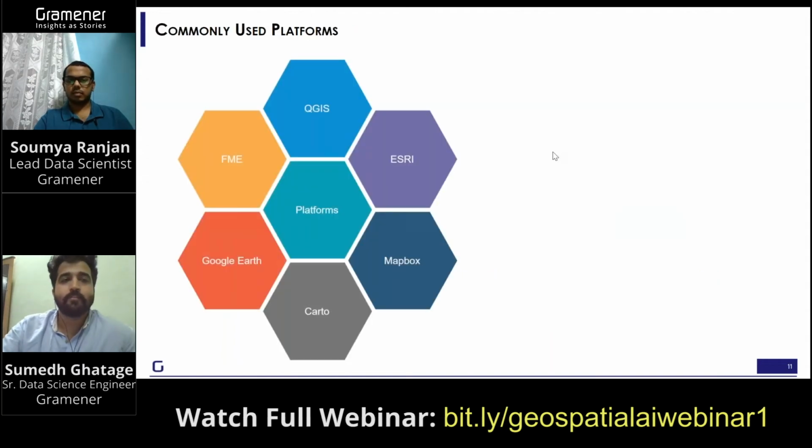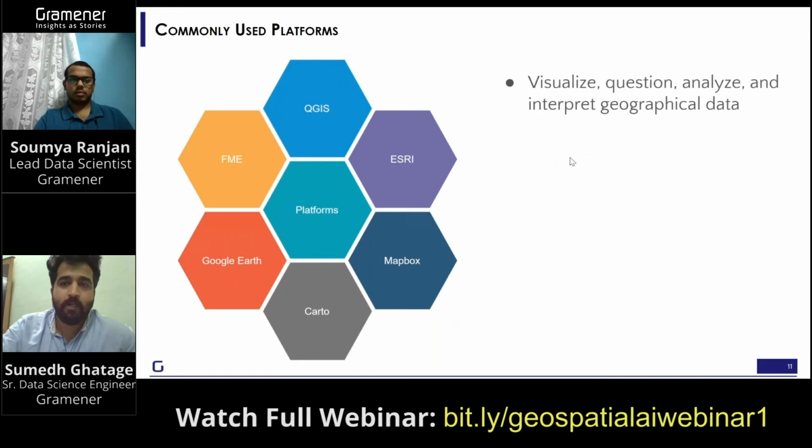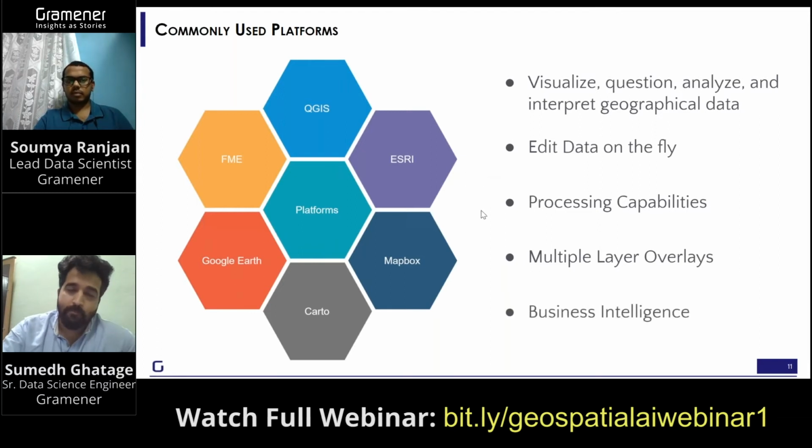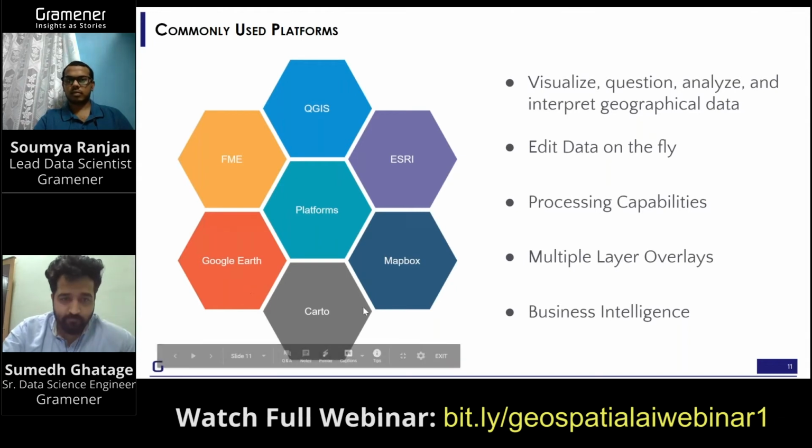So for all of this, what are the commonly used platforms? These particular platforms, as you can see on the left hand side, comprise enterprise software as well as open source software. You can go and search for all of these, and the majority of the open source community uses QGIS, GRASS, Esri. Some of them are not mentioned here. Google Earth is one of the important evolving factors.